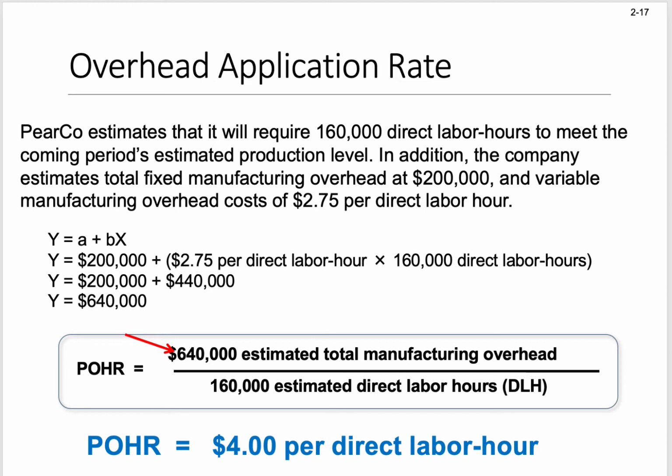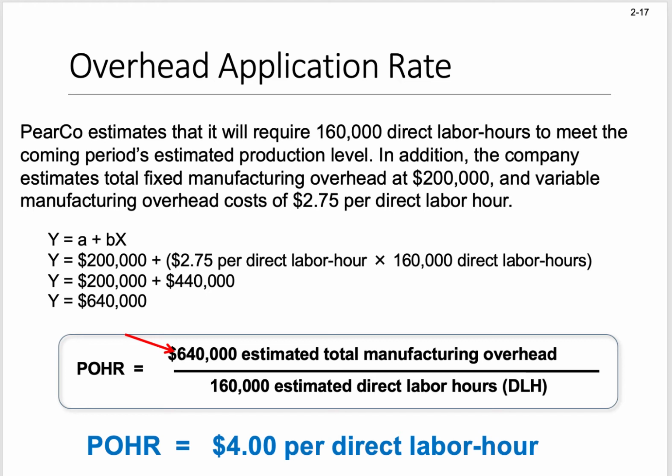So if we take A, which is our fixed cost of $200,000, plus $2.75, which is our variable cost per direct labor hour, times